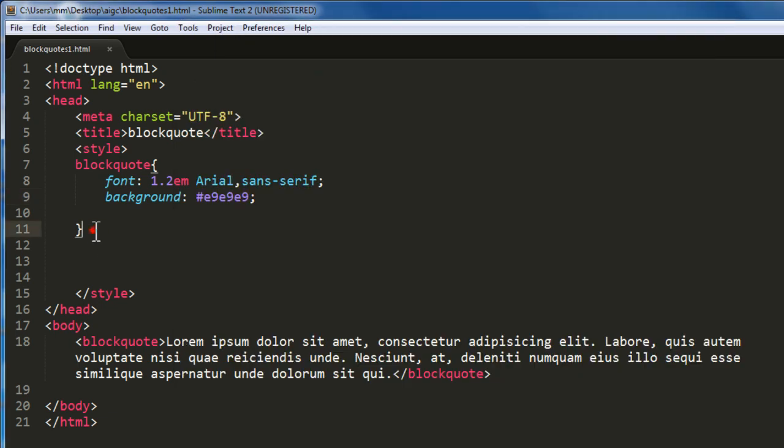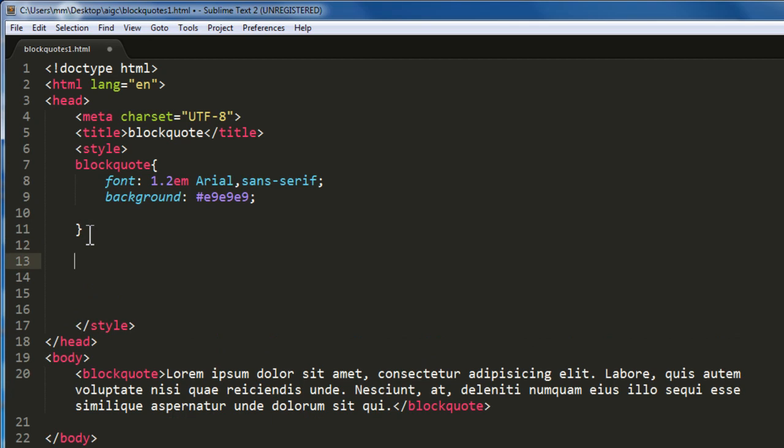Right, now I'm going to use pseudo elements, :before and :after. They allow you to add some extra content before and after the element itself. You need to have a better understanding of :before and :after rules before you might be able to understand what I'm trying to give away to you. Right, so let's create the :before and :after rules,